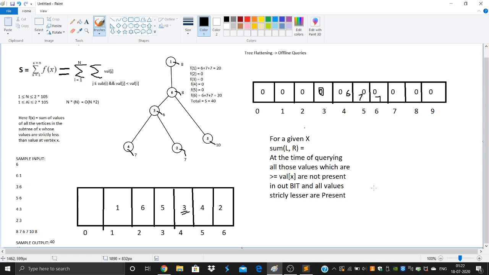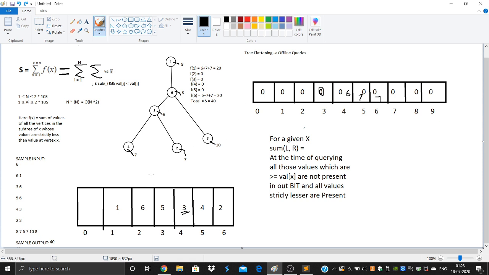So then when we'll send a sum query between L comma R, for vertex 6 it is basically 3 comma 6, right? Because what is size of subtree of 6?